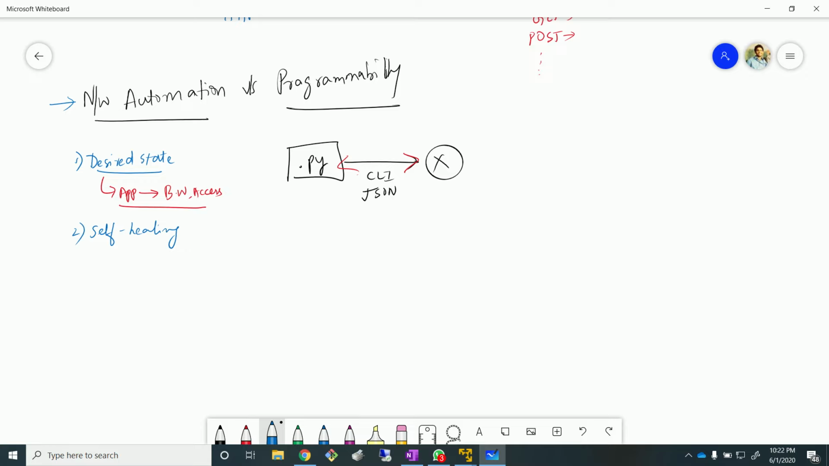The other piece is your automation: is it vendor specific, or can it be applied across switches and routers? Can you apply it across switches and routers, or is it just going to work on one single router or one single platform? So this is where I would like to clearly call out,